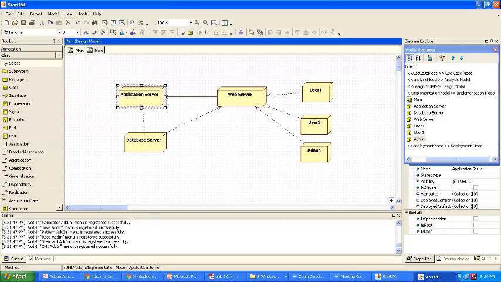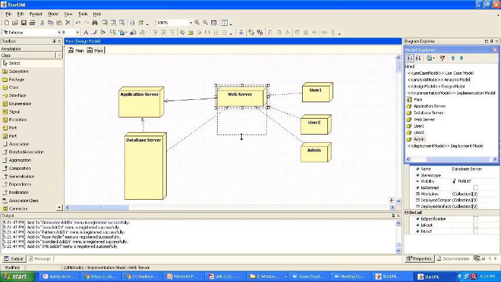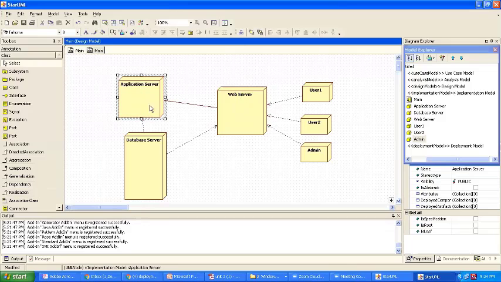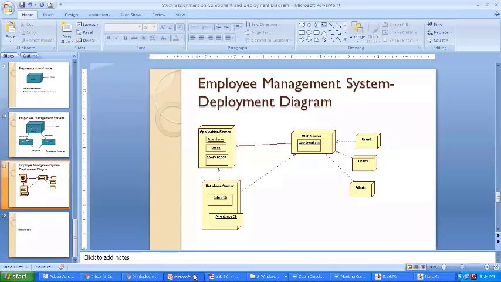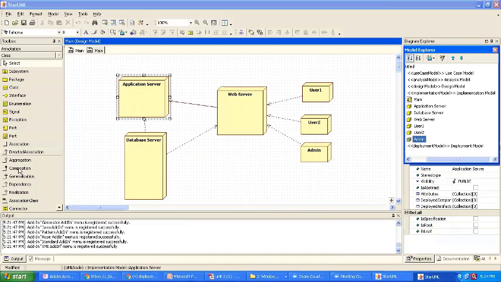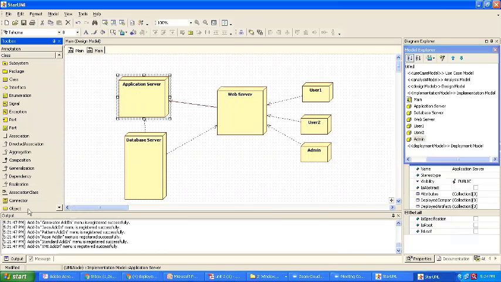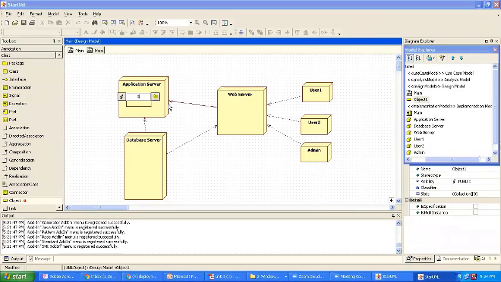Now, what type of components are we adding in these nodes? These are all the nodes which are present in the system that we have seen. Now, in the application server, we have to present the components. First, in the application server: attendance, leave, and salary report. Those components need to be inserted. So how they are going to be inserted, let us see. Here we have to first